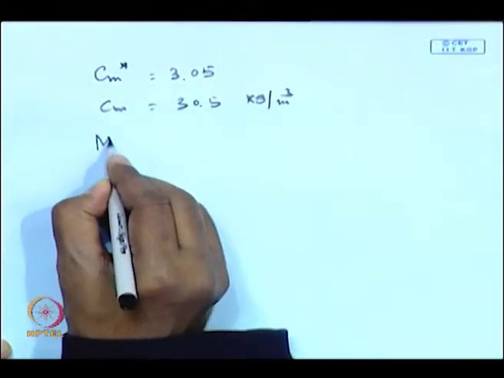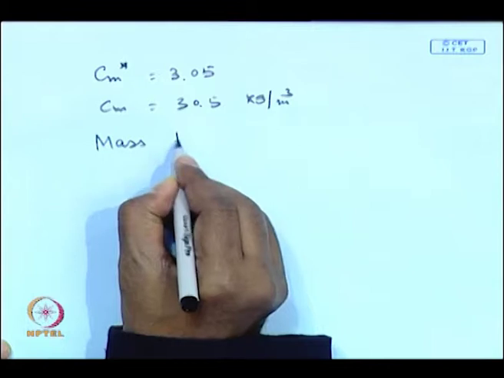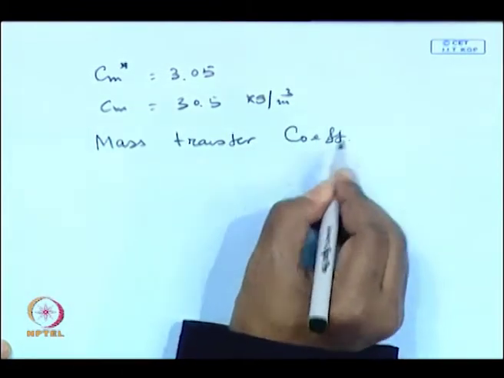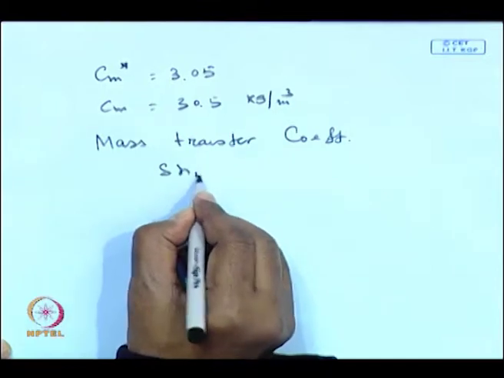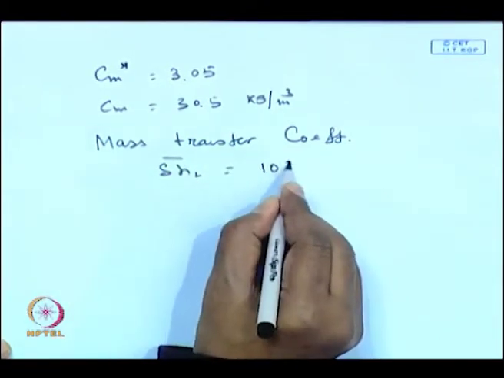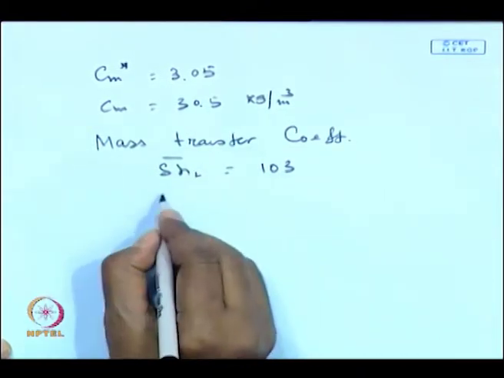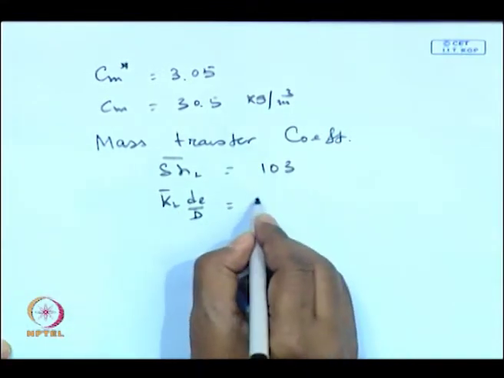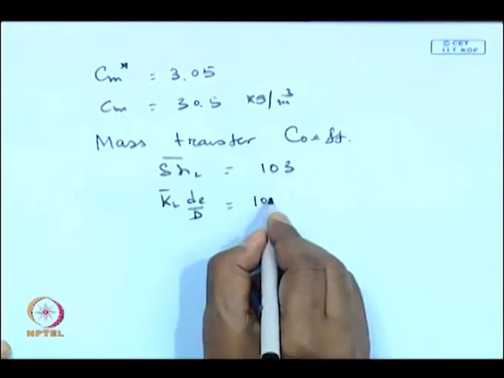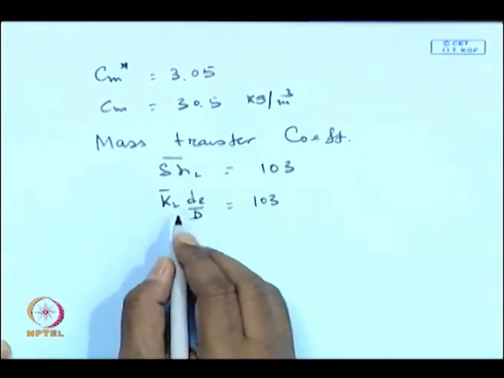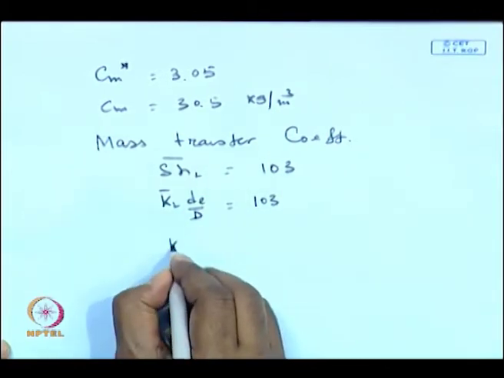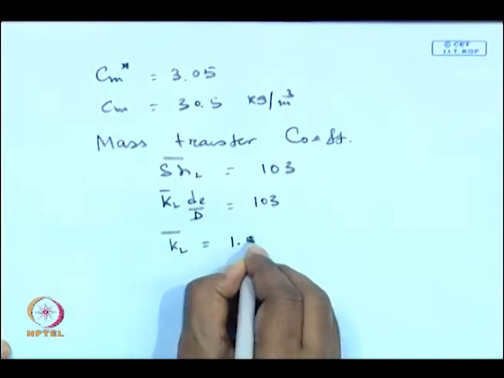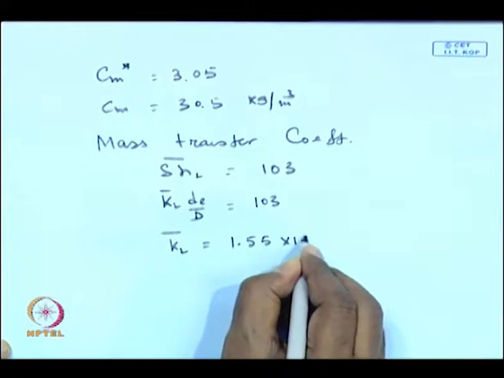And the mass transfer coefficient you can calculate, that is Sherwood number, length average, it turns out to be 103 for this particular problem, and just put the definition of the mass transfer Sherwood number in terms of mass transfer coefficient and diffusivity, equivalent diameter, etc. The length average mass transfer coefficient turns out to be 1.55 into 10 to the power minus 6